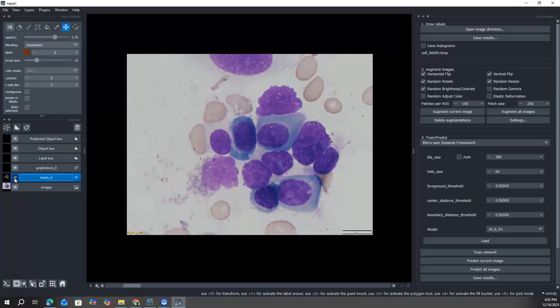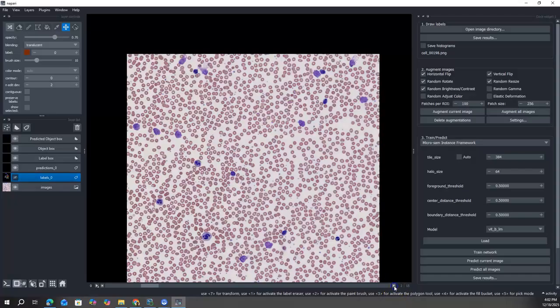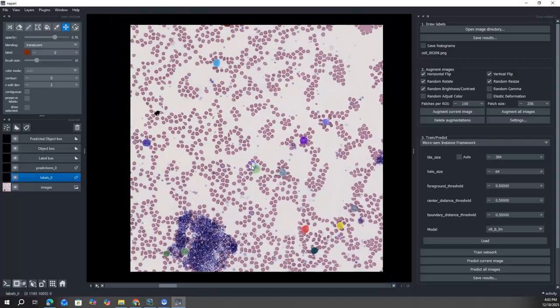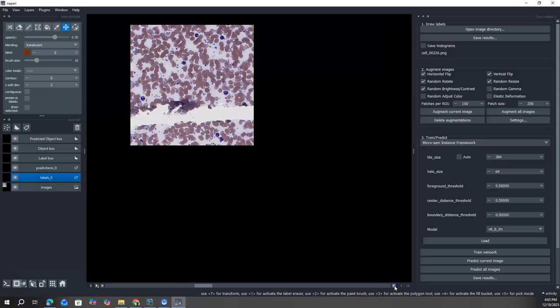But in almost all these blood cell images for this data set, only the purple stained blood cells have been labeled. So an interesting thing is that the models that have been trained with this set sometimes have a lot of trouble detecting red blood cells because they weren't labeled in the training data.